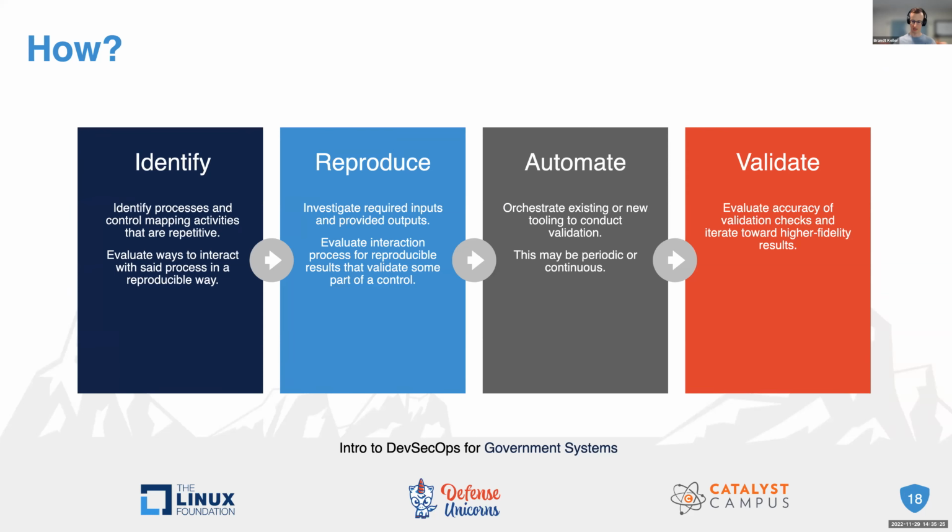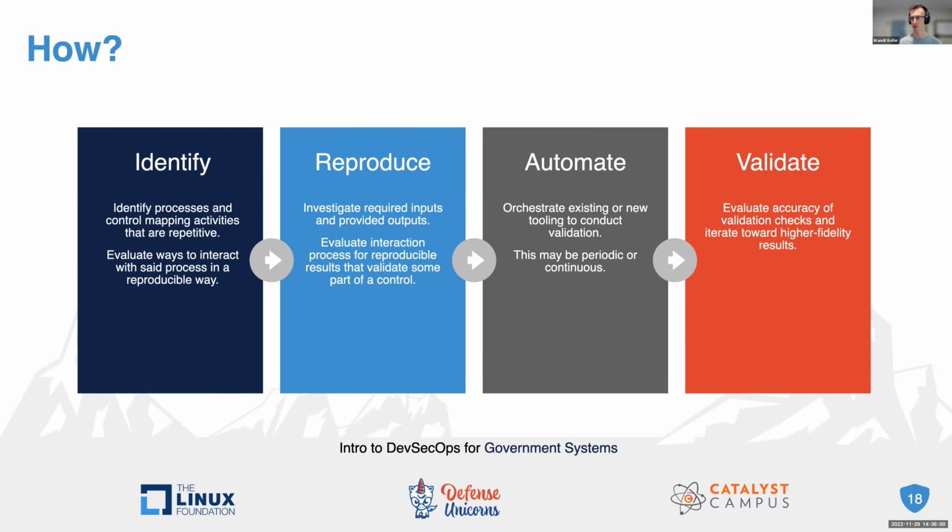And so, again, at a high level, if we're just thinking about how anybody adds value to this process, we want to walk through some quick ways to start looking at how you've done some compliance activities in the past and start to say, okay, is there something that I can automate here? And so we lean into these four steps. I'm going to say they're generic and, again, high level. We want to identify what we've done. How have we done it? What have we said was compliant and how a control was validated?